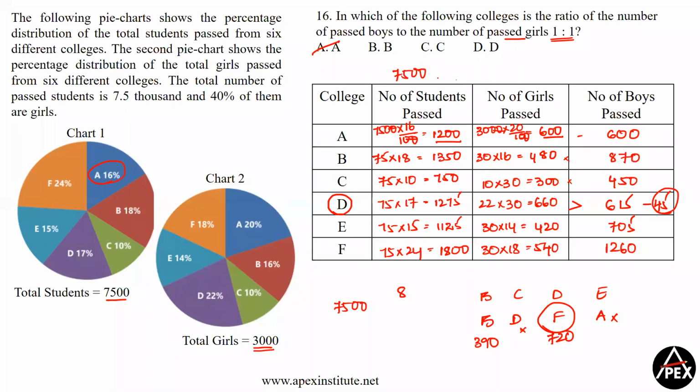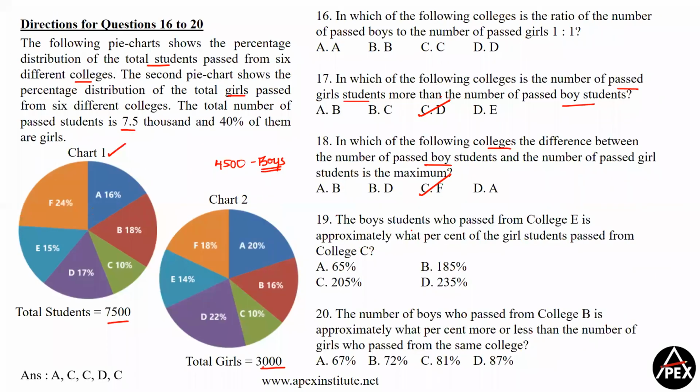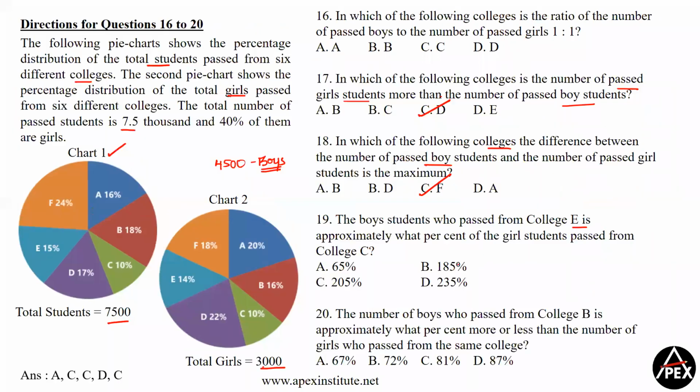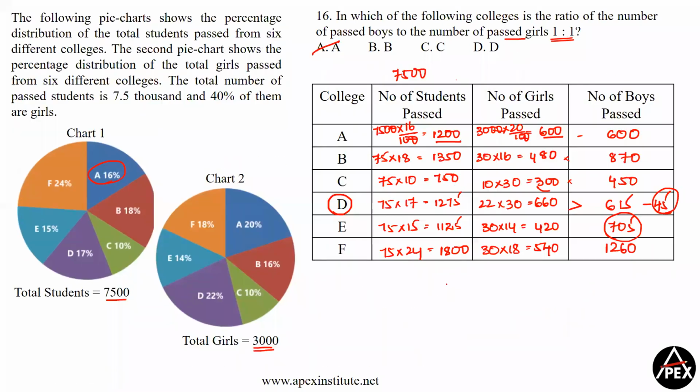No doubts. Okay. Now coming to 19th question. The boy students who passed from college E is approximately what percent of girl students passed from college C? So boy students passed from college E, isn't it? So 705 is what percent of girl students passed from college C, isn't it? So 705 is what percent of 300